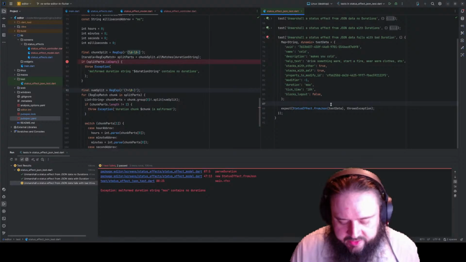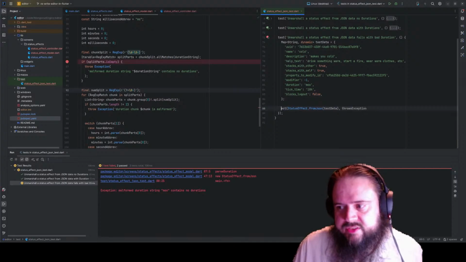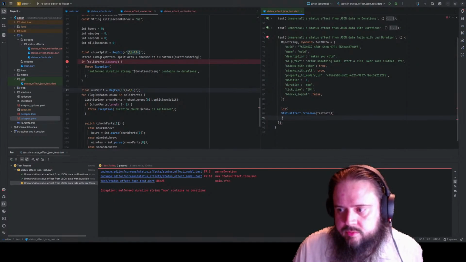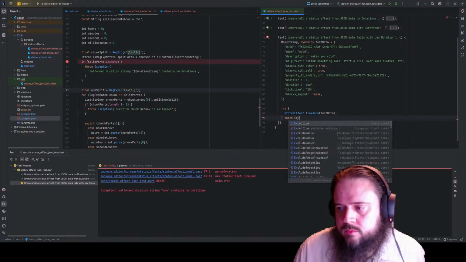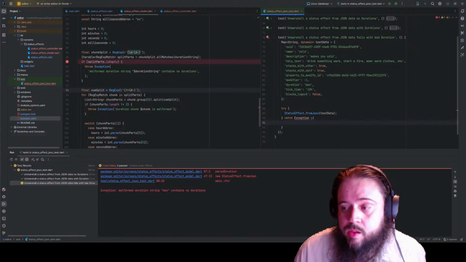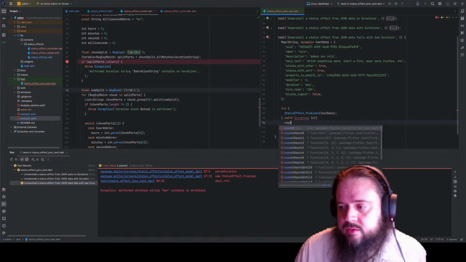Okay, so here's what we can do instead. I saw an example of this. So we can just do a standard try block here. Get rid of that. And then we can do... I think I need to do that. Yes. And then I can say